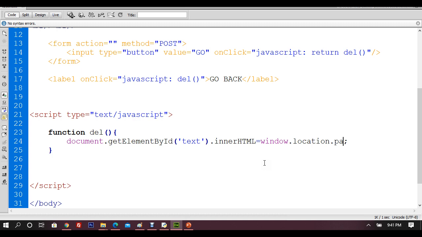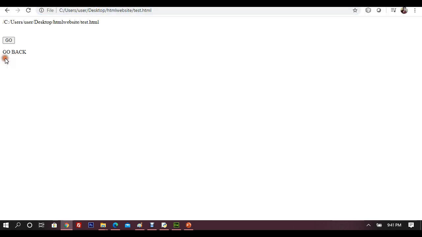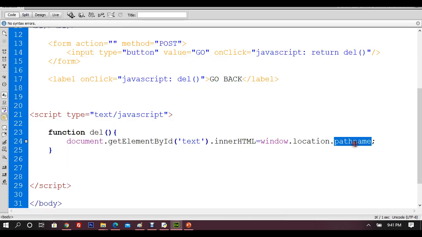So let's say path. Alright, so I can say pathname. So let me see if we're able to get, yeah, this is the path. Right, so this is the clear path of your website. You can see users, desktop, HTML website, test.html. So the path of the website is this, that you can get with the help of